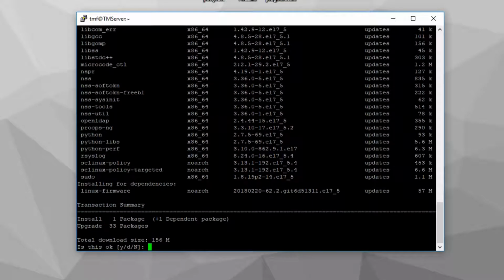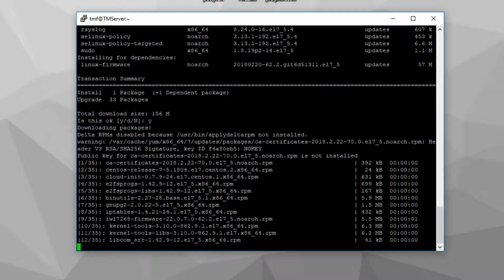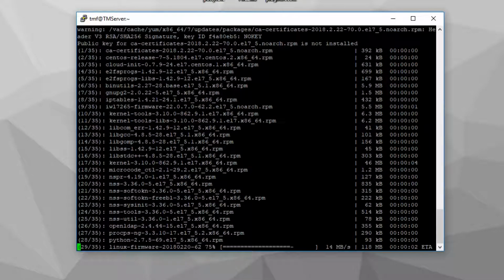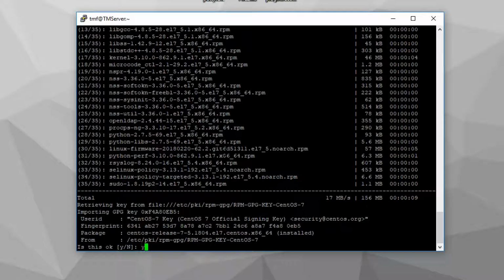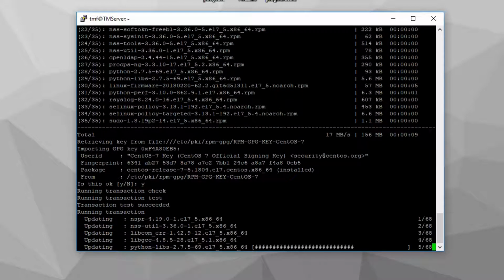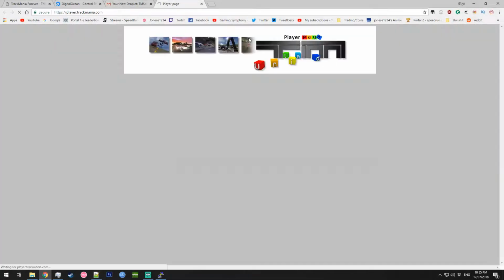There we go. So it's just going to update and you want to hit yes. So this is just updating all the things on the server. Shouldn't take too long. Press Y again. While this is going on, we are going to want to go to